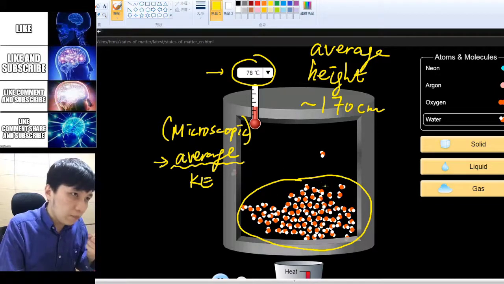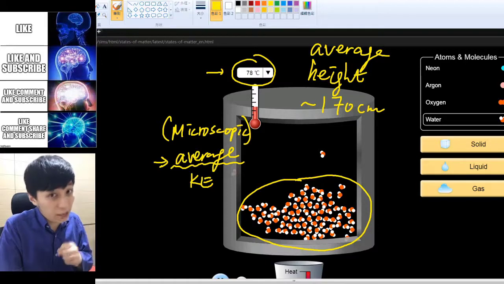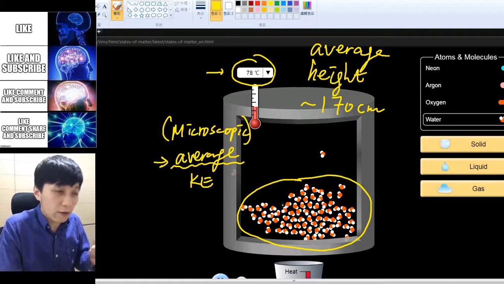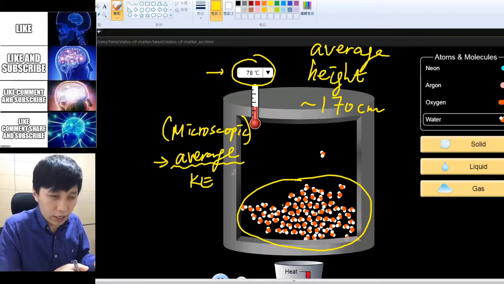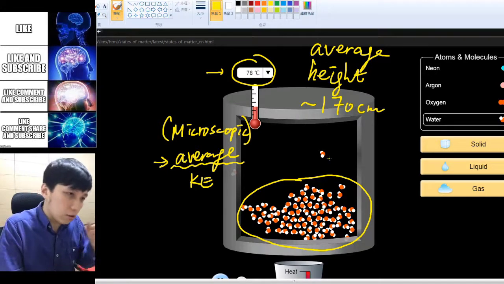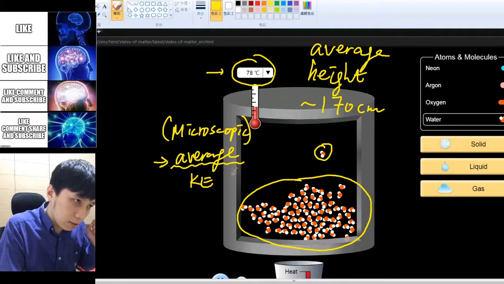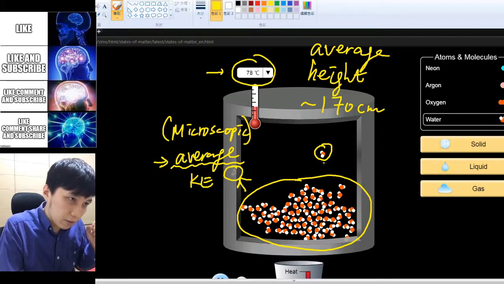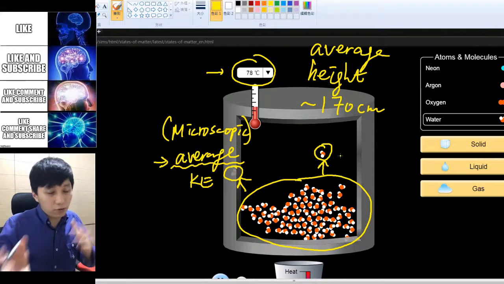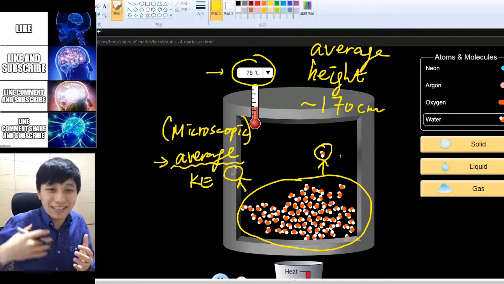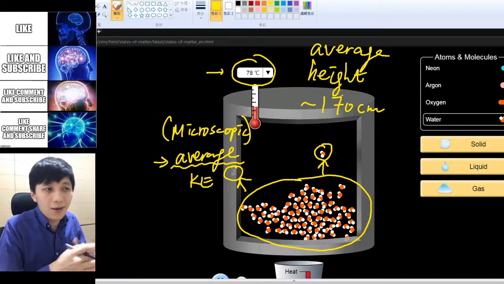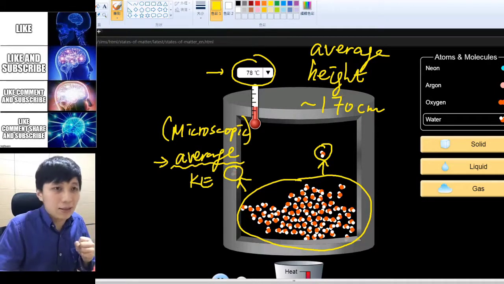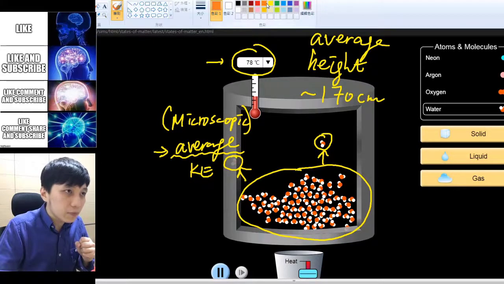So that means not all of them will have the same KE, and therefore some of them will be having higher KE and some of them will be having lower KE. This is why for some of them, eventually there must be one or two or a few of them having enough KE to escape, to overcome the attraction force between the molecules. And that is a similar idea as in simply imagining